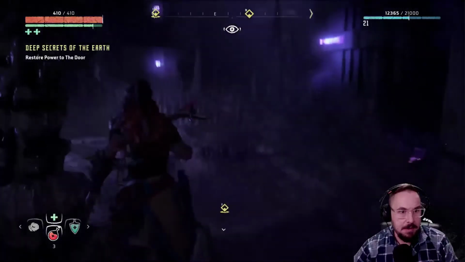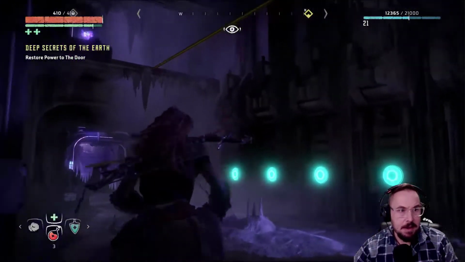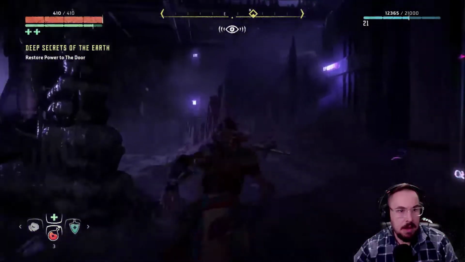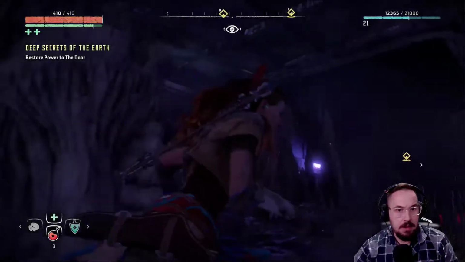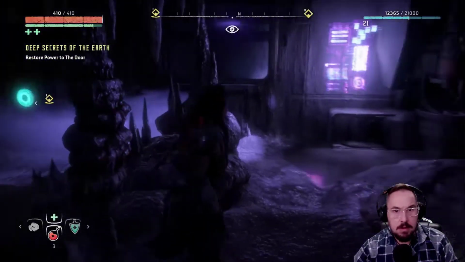Alright, so there's a part missing. So she's like, maybe there's storage. Problem is, this thing is telling me to go here. Oh. Do I have to get up there? How in the blue hell do I do that? Never find anything easy, do I? Guess I will